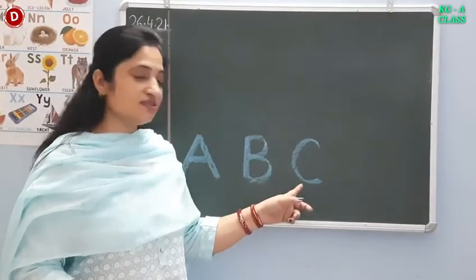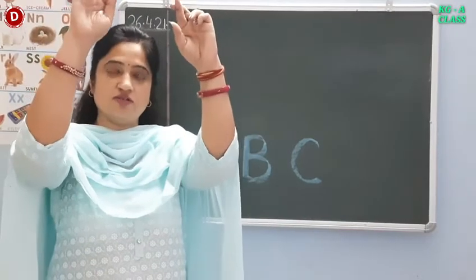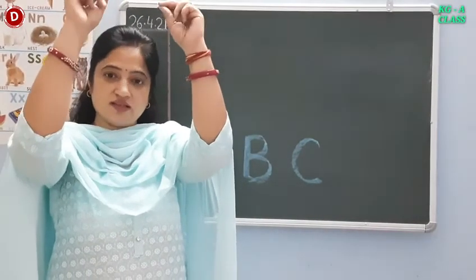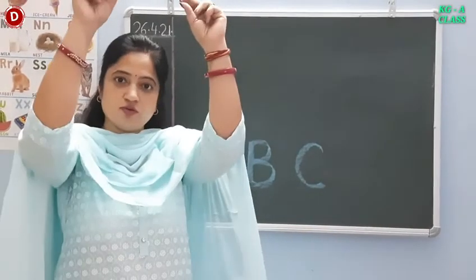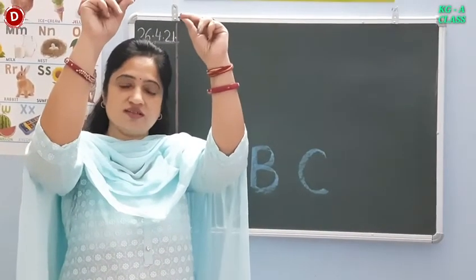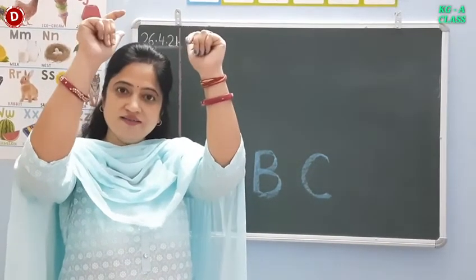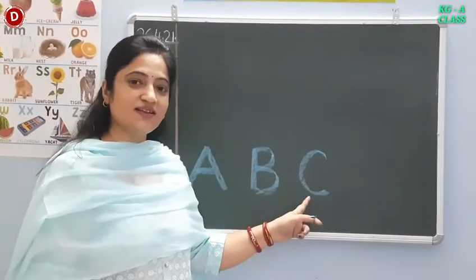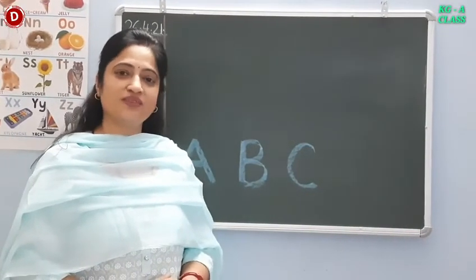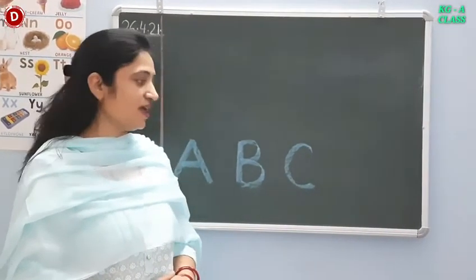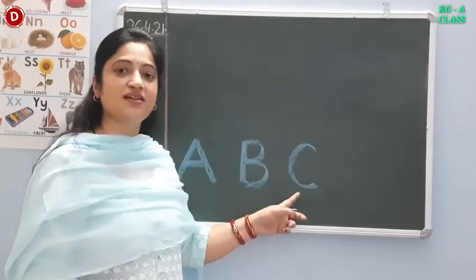Children, now this is C, and C says K. Just raise your hands up and see with your fingers. What you will do like this. This is the sound of castanets. In this way, you have to do like this and say the sound. K, K, K, K, K, K. C says K. Children, in this way, you will be able to learn these sounds of the letters A, B, C. A says A, B says B, and C says K.